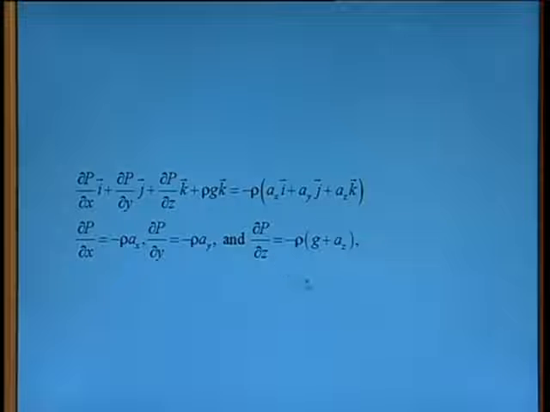Suppose we have a container kept in some lift, and the lift is moving upward with acceleration g. Then del p over del z will be equal to minus rho g plus g. So, it will become 2g. It means del p over del z is equal to minus 2g rho, or minus 2 gamma. So, in this case the pressure gradient will be twice of